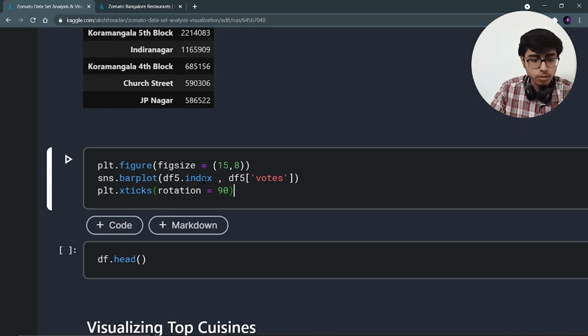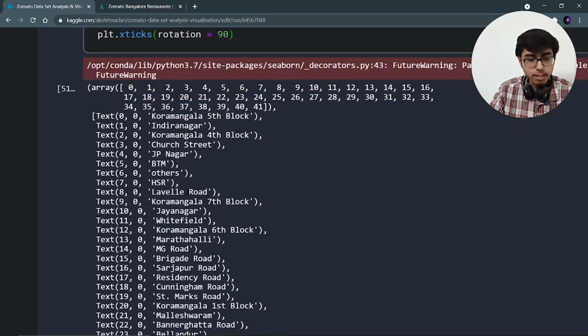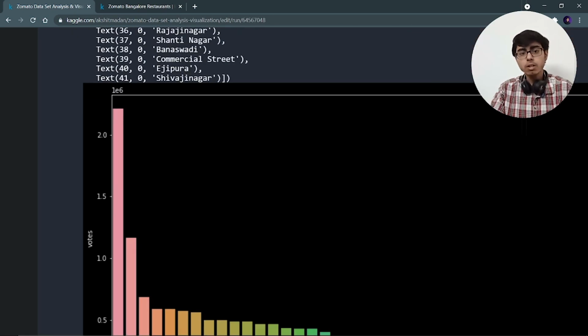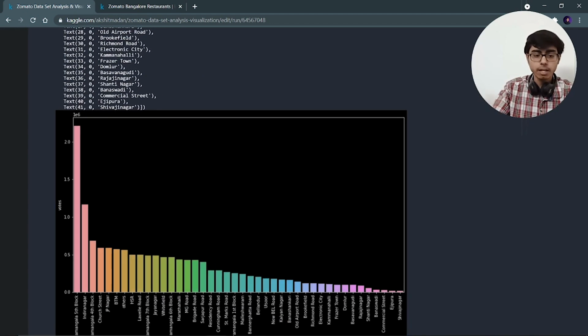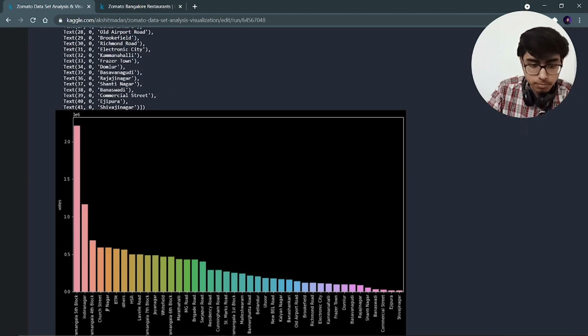Let's plot it. So I'm plotting a bar plot, and again I'm going to rotate the x-axis by 90 degrees, and when I run it I can see that, and these things you will not get just by watching my video, right? You have to watch my video, then you have to code it along with me, then if you don't get anything you can analyze my kernel.